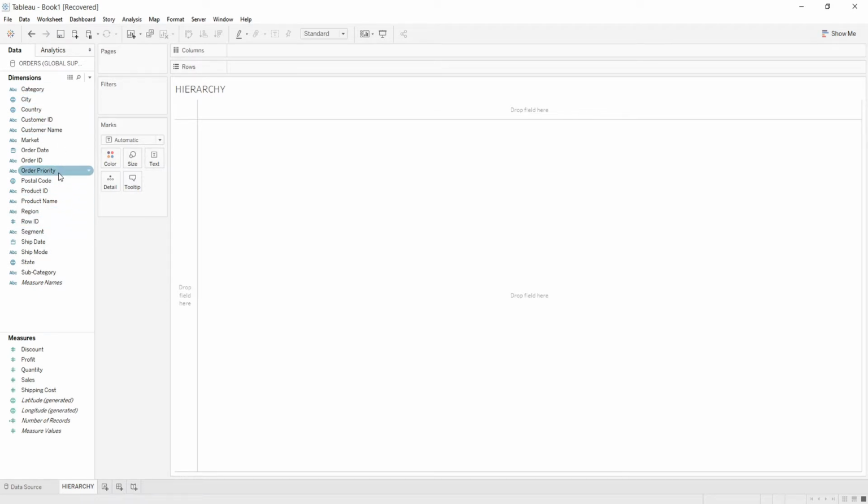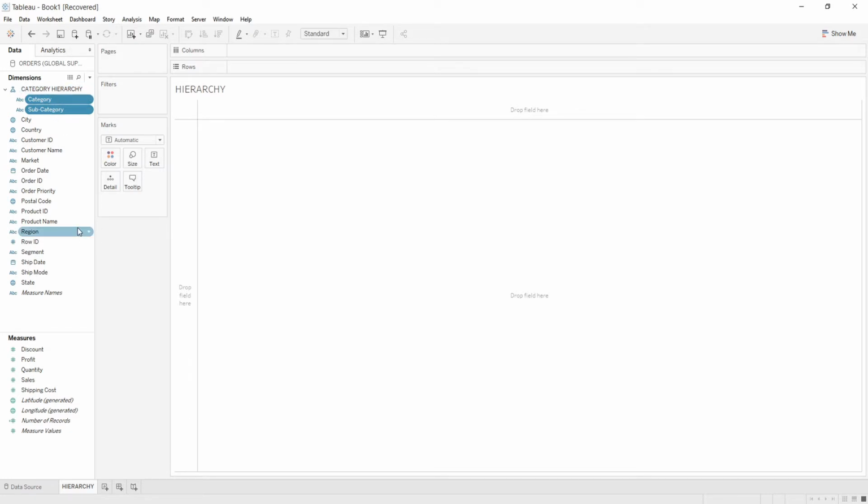Now we are moving over to the second method of creating hierarchy, and that is very easy. For that, we have to drag a second attribute and keep it over the first attribute, or we can say over the top-level attribute. While dragging and keeping it over there, we get the create hierarchy window, and here we have to give the hierarchy name. Here I am giving it the name category hierarchy, and after giving it a name, we click on the OK button and we can see that the hierarchy is created.